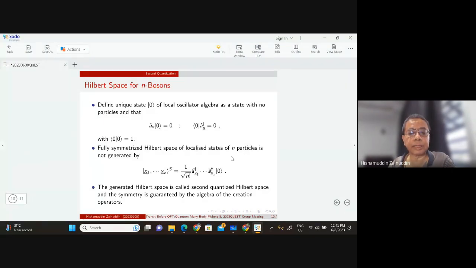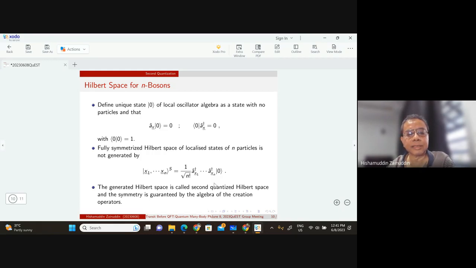Now we are actually generating particles, rather than moving from one energy level to another. And this so-called Hilbert space of localized states, if you like,